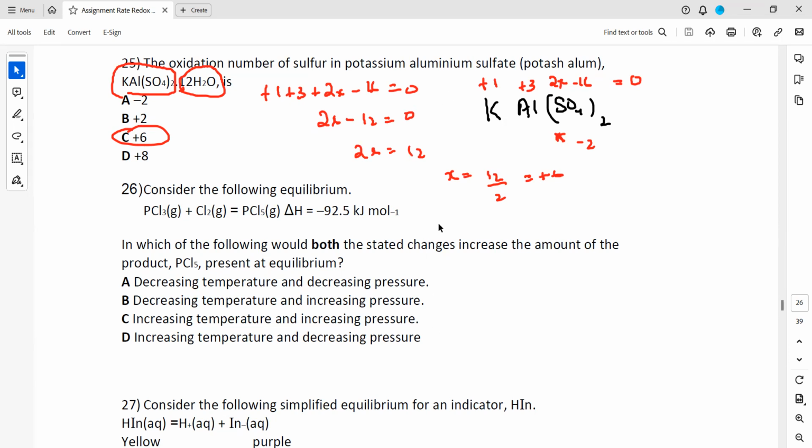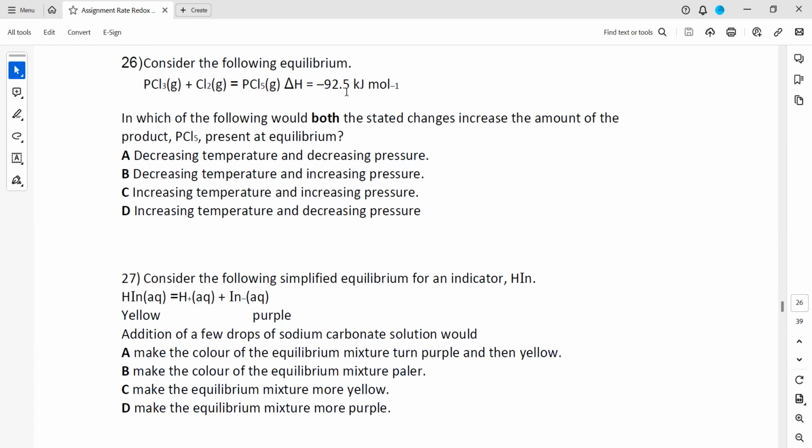Is it clear? Question 25, how we work out the oxidation number of sulfur. Then 26,